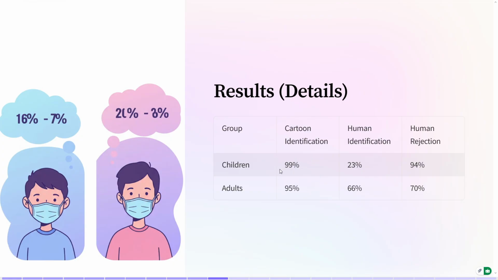But then when it comes to human identification, then children failed drastically. I mean, they just had 23%. So that is unfamiliar faces, seeing a new face, and then they have to recognize it. So children had difficulty doing that. All right. So adults also had a low score, but it's still above average. So it's still fair, right? Okay. So human rejection, that is the ability to